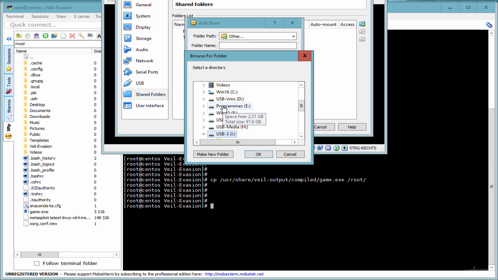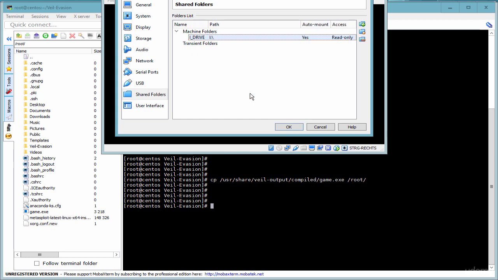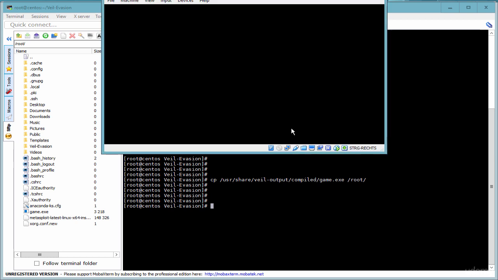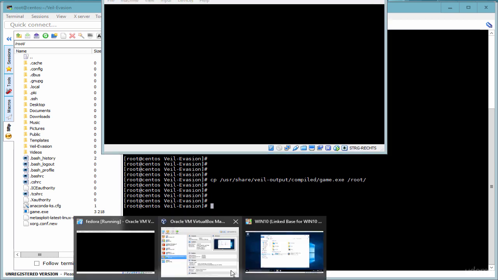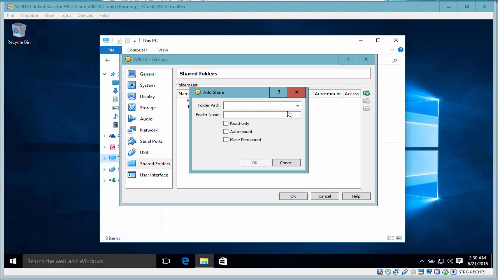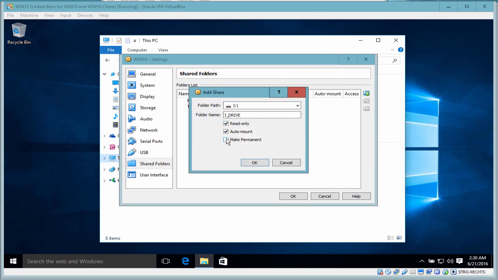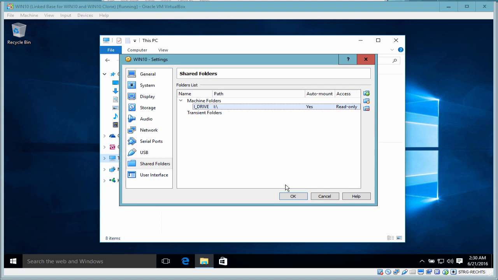Scroll down, here we have the drive, so I select that drive, make it read-only, auto-mount, and make permanent. Click OK, and click OK again, and I then need to go to the Windows 10 machine. Click on the little symbol on the right here, and select the folder path. Then go to this PC, select the USB drive, click OK, check all these again, click OK, and then click